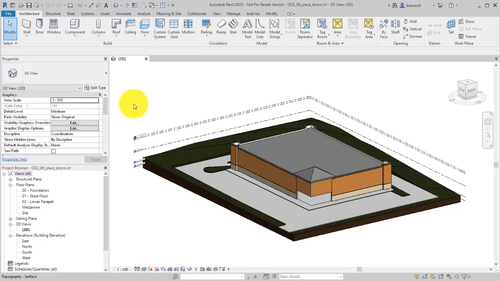Since doors are placed in walls, they are considered hosted components. Component families are stored in an external library. To use a particular door type in the project, its family must first be loaded into the project. Once loaded, the door types in that family can be used throughout the project and no connection to the library